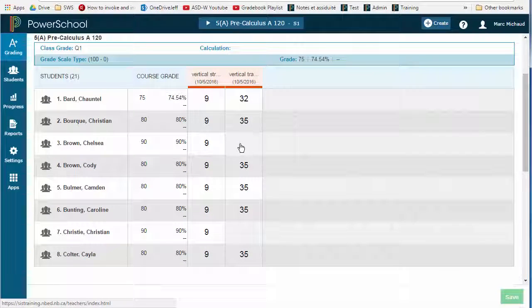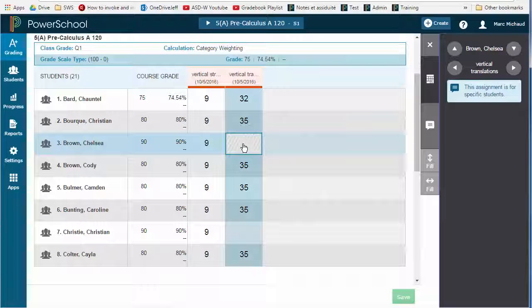Notice that Chelsea here has a cell that I can't edit. This assignment is for specific students. So when you encounter these bars, it means that at some point you unselected that student from that assignment. If that was an error and you wanted to change that, you would need to go back to that assignment,